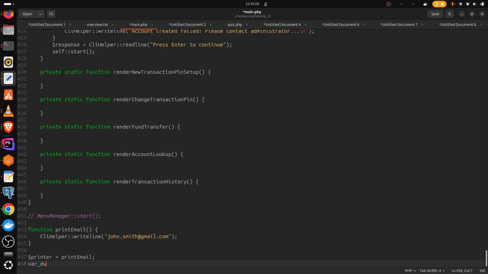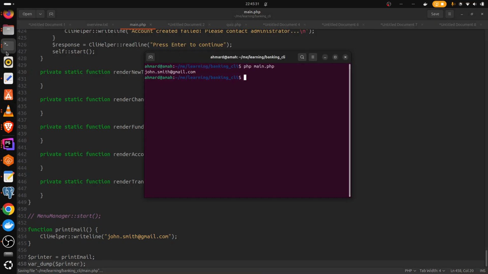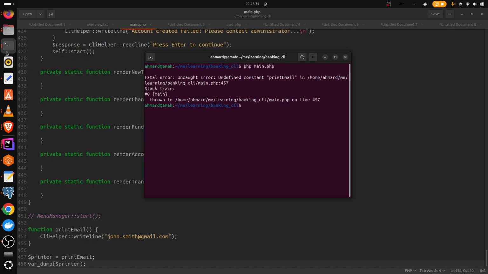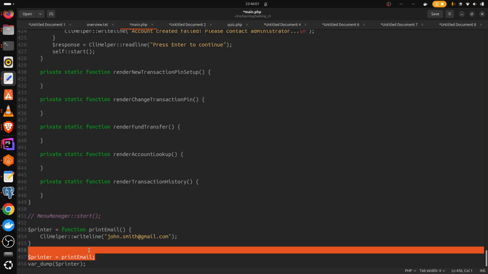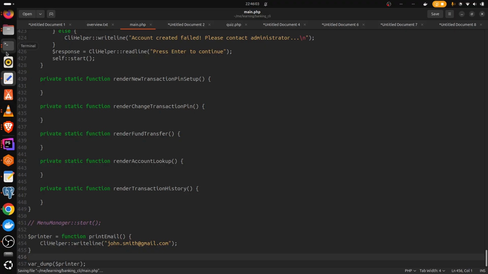Now, if we do a var dump of this, let's see what we get. Right, so they're saying it's a constant. Okay, so we want to actually store this function here, but we actually can't do that directly. If we want to store this function in a variable, we have to do it on declaration. So we say printer equals, and with that, if we save it,